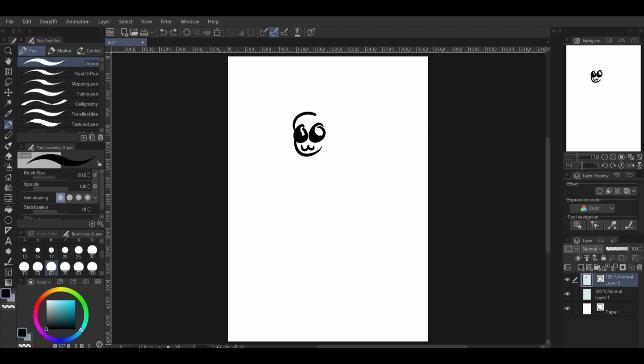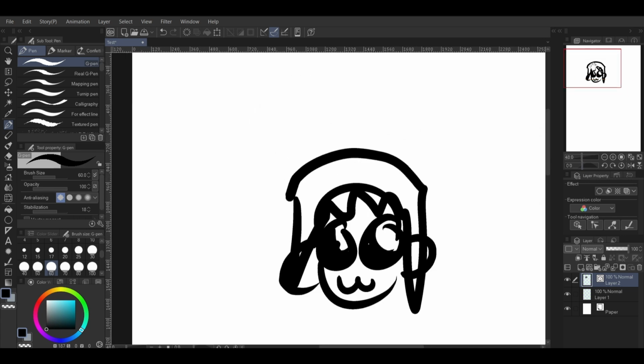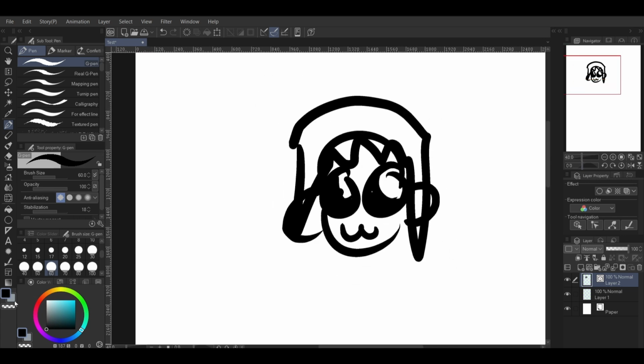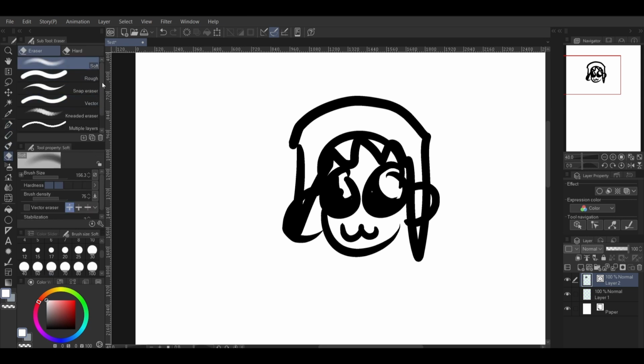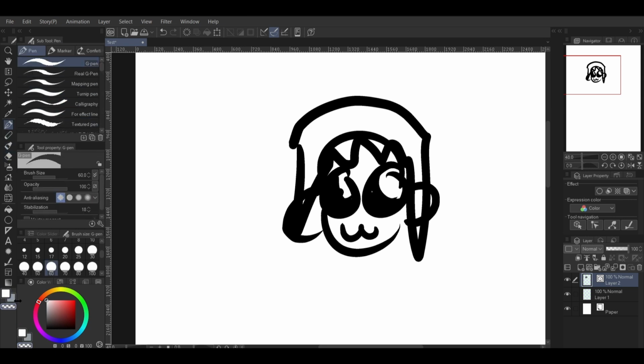And you want your character to have ears, but you want the ears to hit slightly behind the hair. So you've drawn it like this, but your ears are clipping here. Normally you'd probably just erase it with a normal eraser, but no, you don't have to with vector layers, and that's the really great thing about